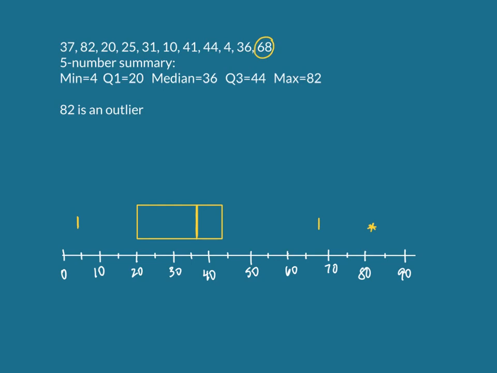And then all I need to do is connect the whiskers to the box. Need the line tool again. There we go. Right, and then we're going to connect that to the box. And that's our box plot, right?